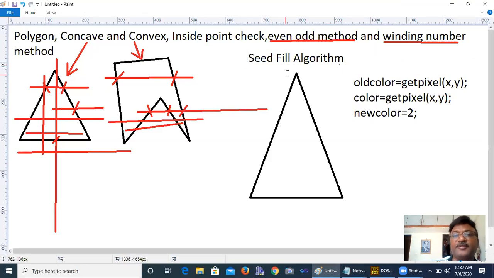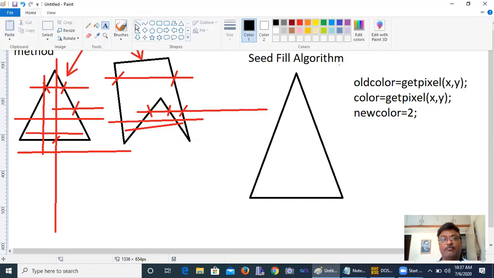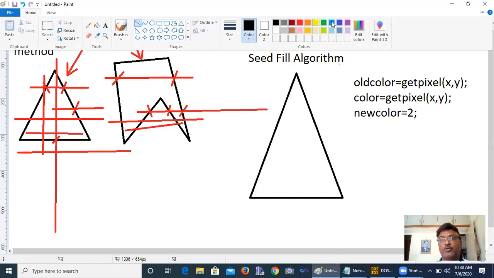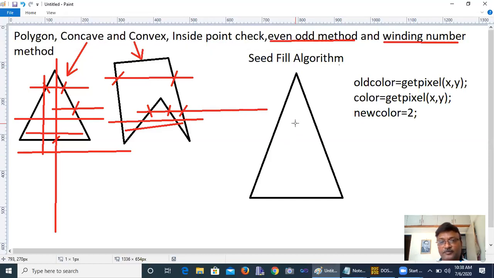Okay. In this seed fill algorithm, what is the seed? Seed means any point that is my seed. Suppose I have considered a seed point over here, that I am going to fill this polygon with this color. So this is my seed point, and that point is inside the polygon.